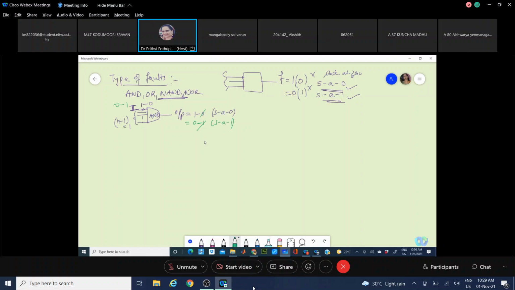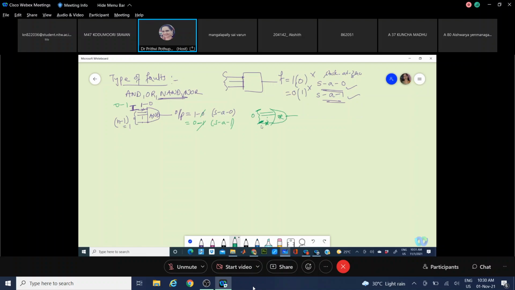Okay, able to understand what I'm telling? Say you are taking an OR gate for testing, and you are testing for this line. Make all other inputs, except the line you are testing, 0 for the OR gate. Because if any one of the inputs to your OR gate is true, the output will be true. So make all the other inputs false. I'm speaking with the positive logic aspect. When I'm directly tying these ones and zeros, it means I'm taking positive logic.